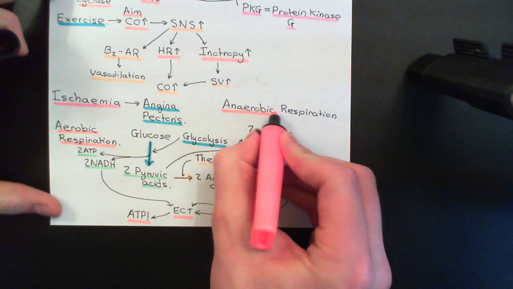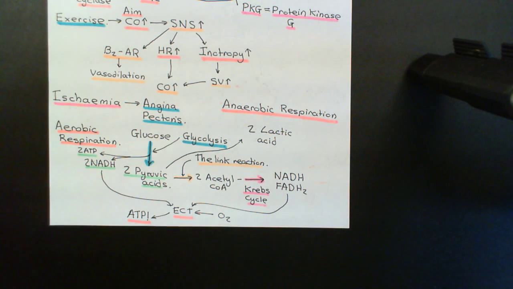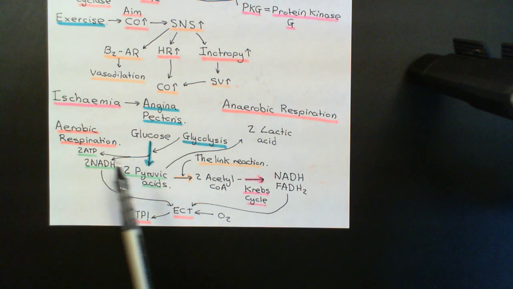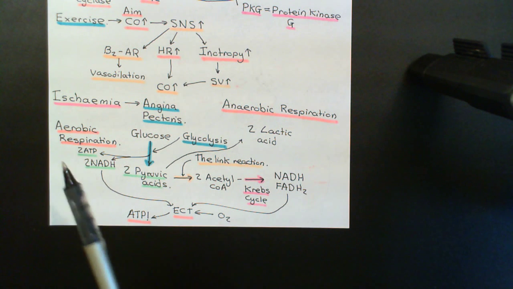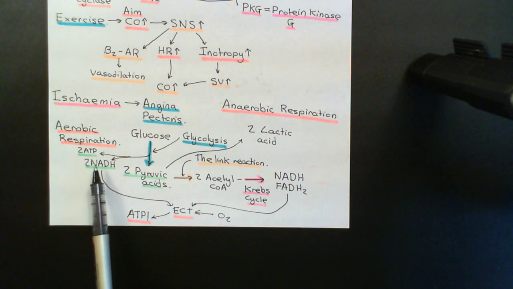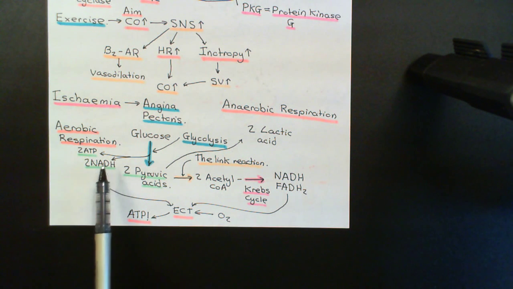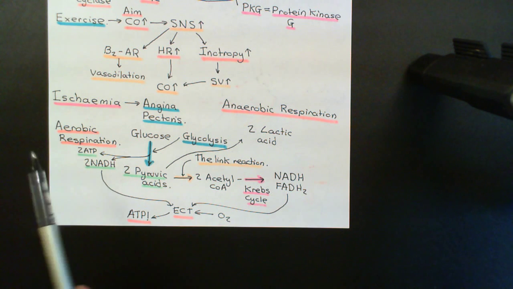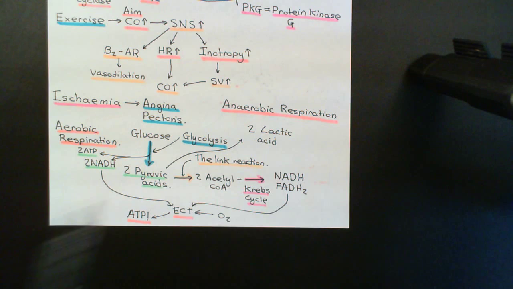But then we need to do something with these silly pyruvic acid molecules and the reduced electron carrier here, because if we want to continue doing more and more glycolysis to get the ATP that we're getting from it, which is the only source of ATP in anaerobic respiration, we need to regenerate the oxidized form of the electron carrier. We need to get rid of the electrons that this carries, and also, of course, the proton that it carries. So, what we do is we give it back to the pyruvic acid molecules and convert them